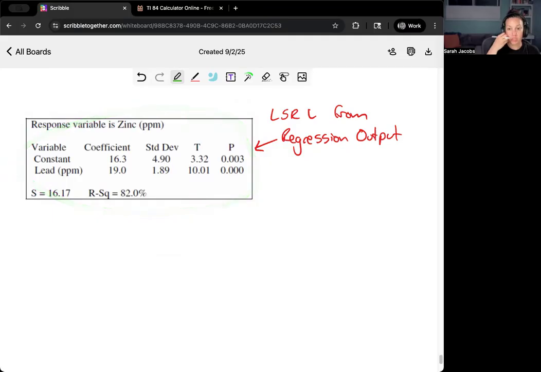So the situation here is that you can measure lead concentration in a fish in parts per million and use that to predict zinc concentration. So it tells you the response variable is zinc. That means your explanatory variable is lead. Now,